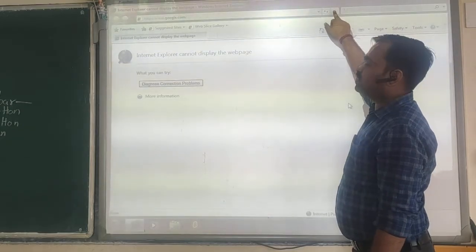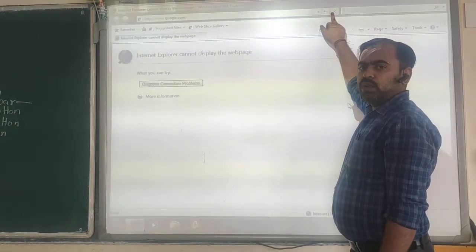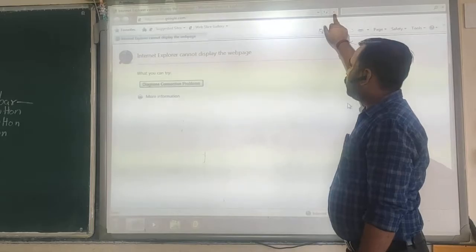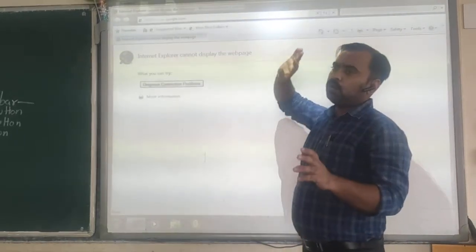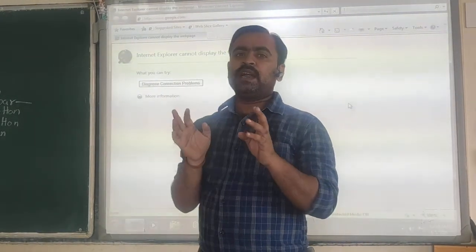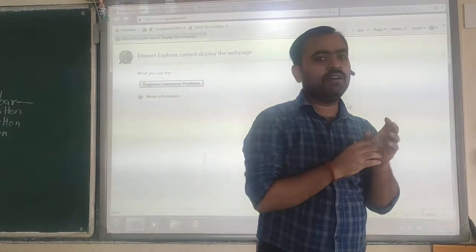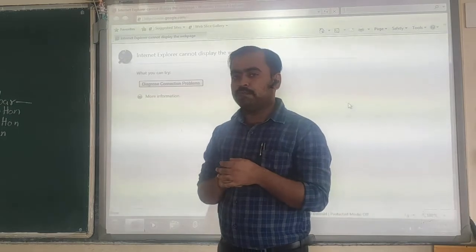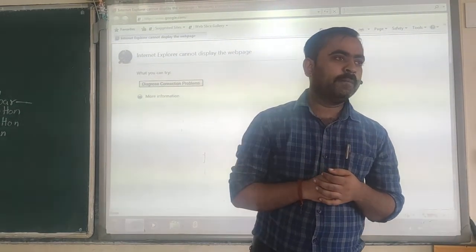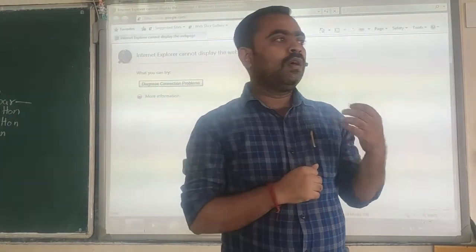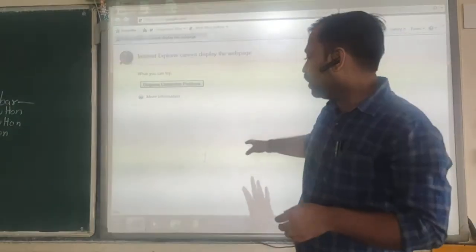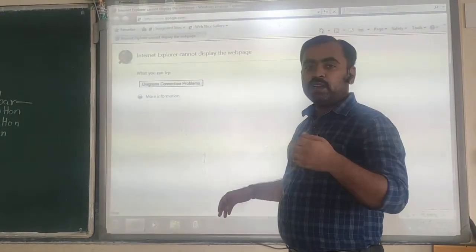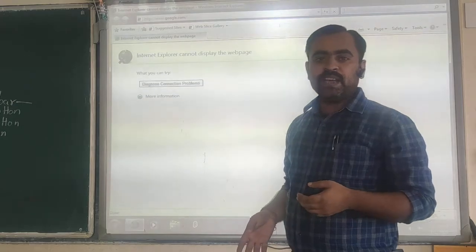You can see the cross symbol here. It is called the stop button, and its purpose is, take an example, that by chance you have entered a wrong web address or wrong URL of a website you want to open, and once you click the enter key, the computer starts loading the web page for you.